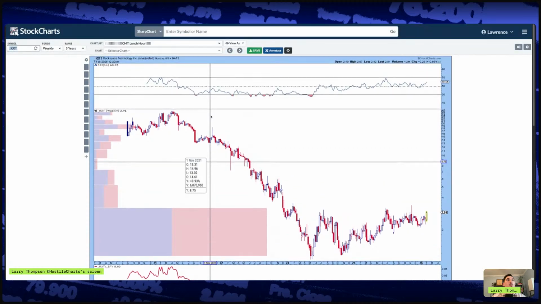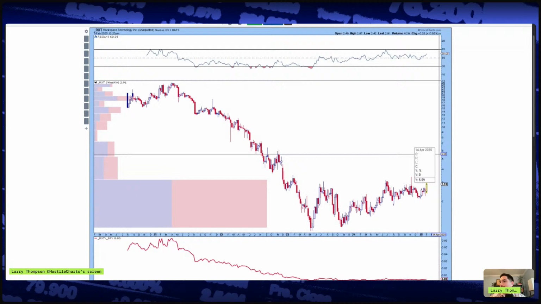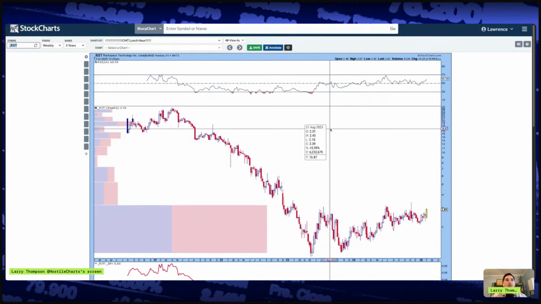So what is this? RXT, Rackspace Technology. What types of racks is it working on? Do we know? Let's check out what Rackspace Technology does. What does that even mean, huh? Let's take a quick look. Multi-cloud technology services company. Multi-cloud. Okay, so it's storing stuff in the clouds. Shout out to the clouds storing all our stuff, dude. That's just awesome. I love that the clouds can do that.